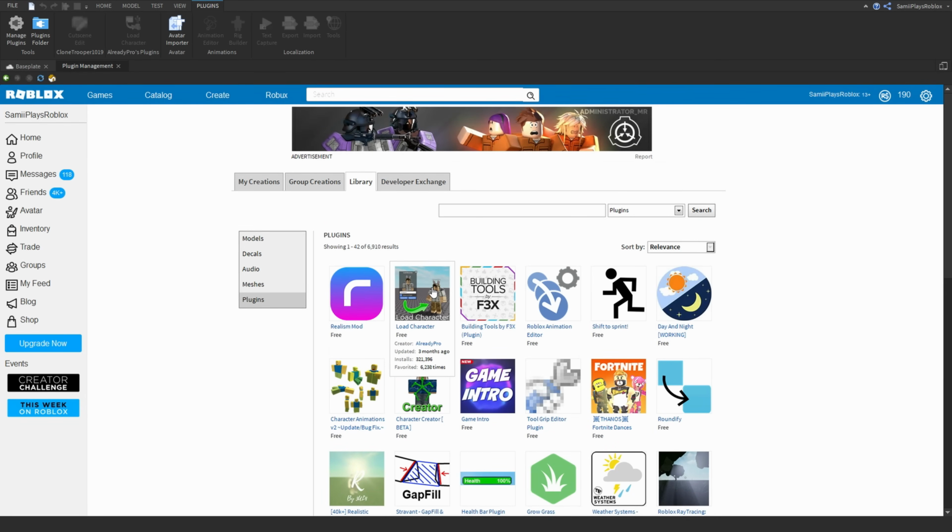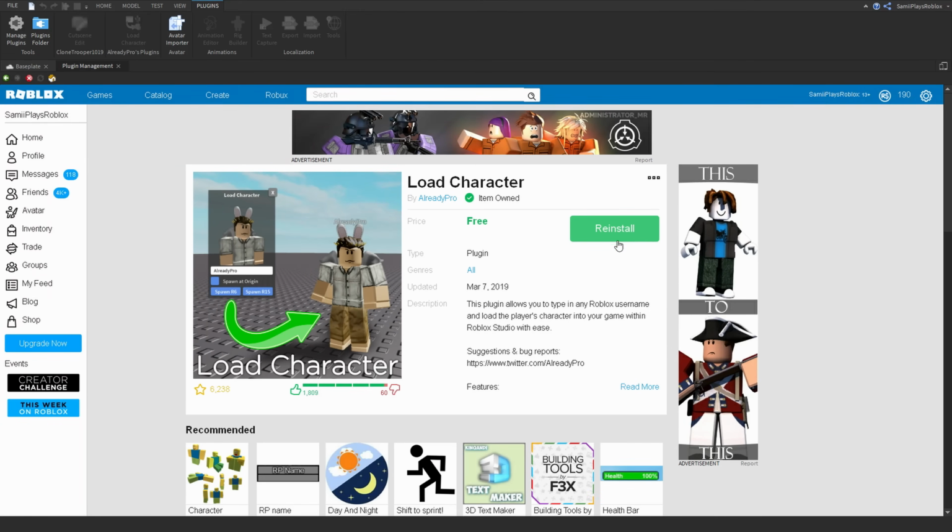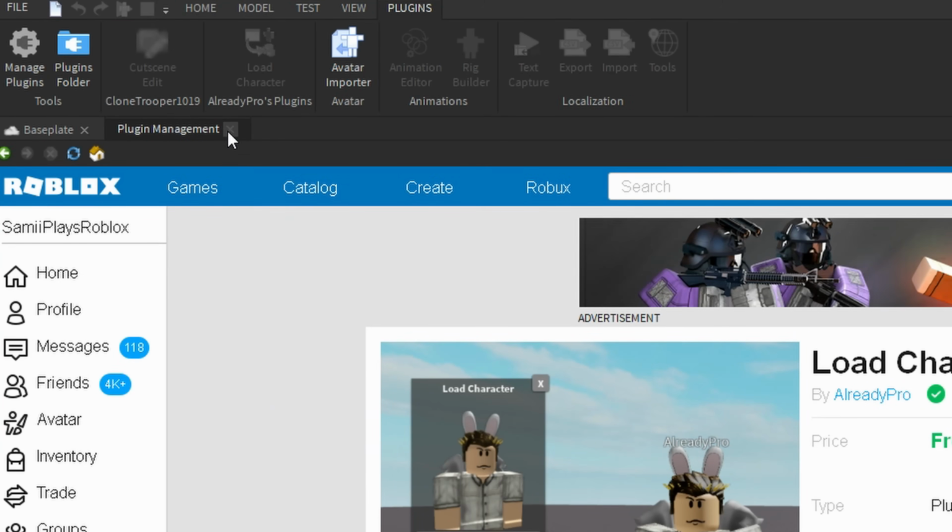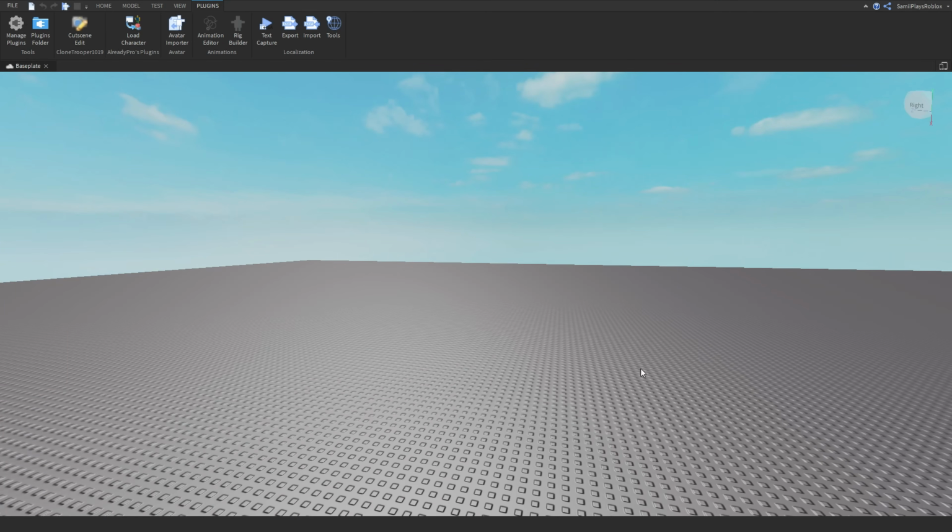Once you find it, click on it, of course. For me, it actually says reinstall because I already have it installed, but typically for you it should say install. So go ahead and click install. It should say successfully downloaded, click OK, or whatever pops up. I don't really remember specifically what popped up for me. To get off of the screen, just go up to where it says plugin management and click the X right beside it. And now we're back on the base plate